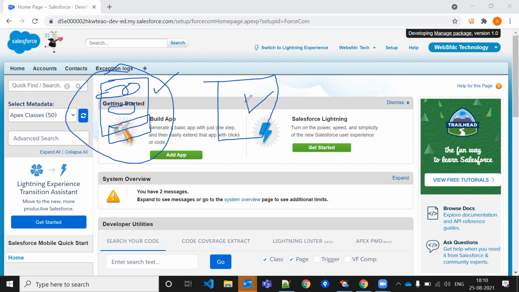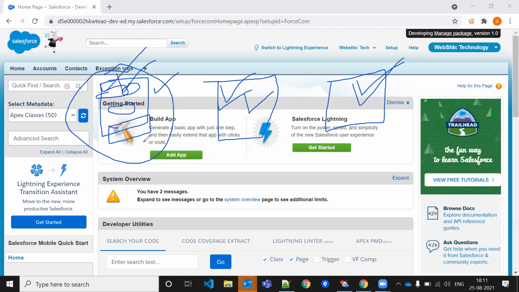We say aura component, not lightning component. It's an aura component, and we can say lightning web component. So these three things we can achieve, and the output will be the same, from the visual force page, aura component, and lightning web component. So then, if the output is the same for all these things, why are we going to lightning aura component and lightning web component if we already have a visual force page?